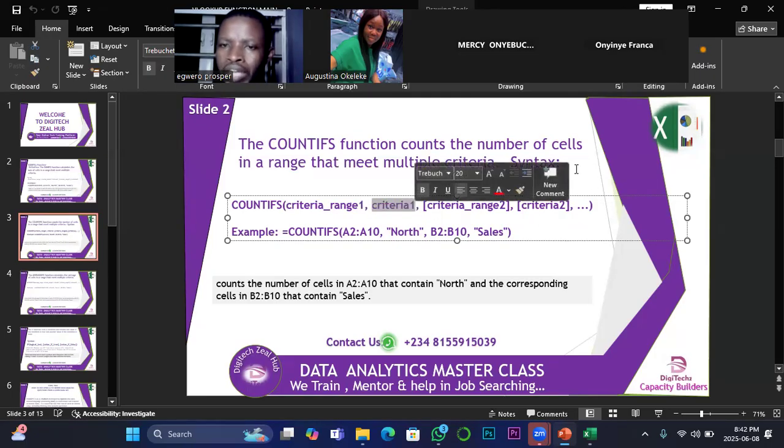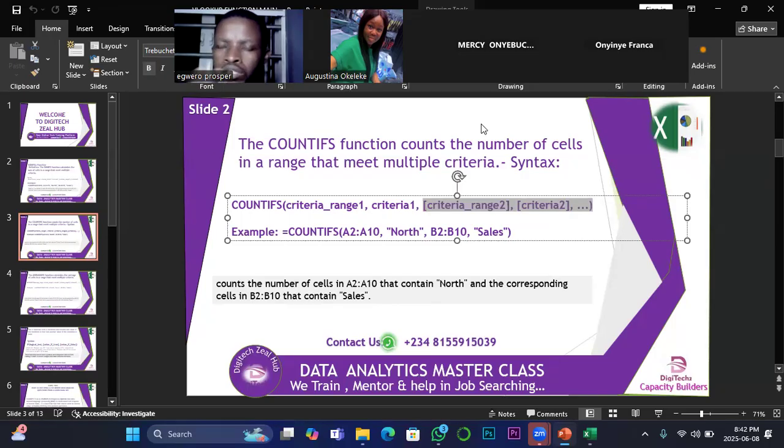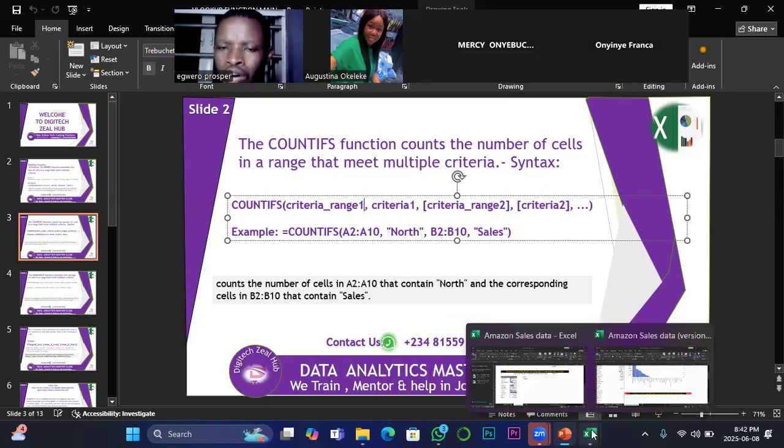Now, I told us then that anything in square brackets like this in a function parameter is recognized as optional. If you do away with them, you have no implication. But for you to apply the function, it is a must that it has one criteria range defined and that criteria. Now, let's quickly look at our data and construct